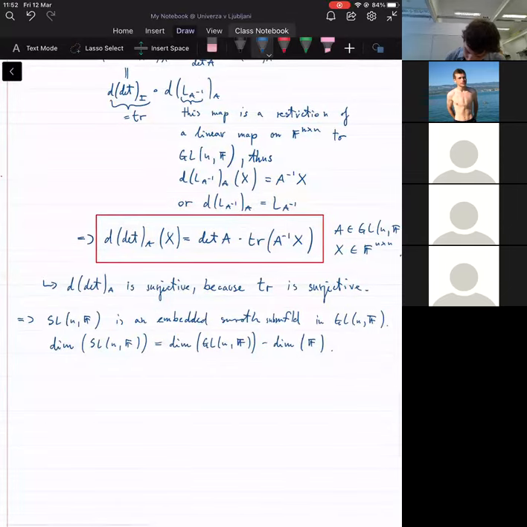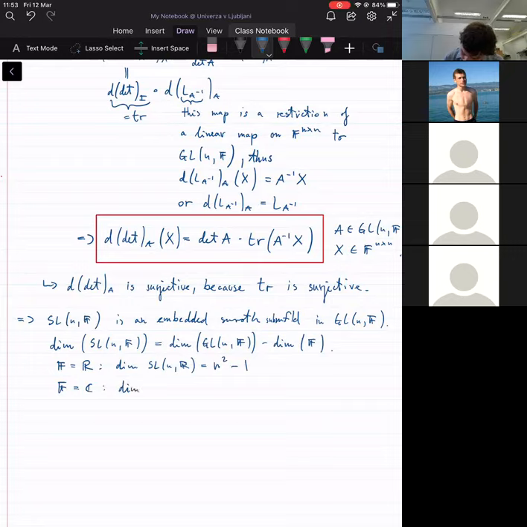So now if F equals R, what we get is that dim SL_n R is equal to n squared minus 1, and if F is equal to C,